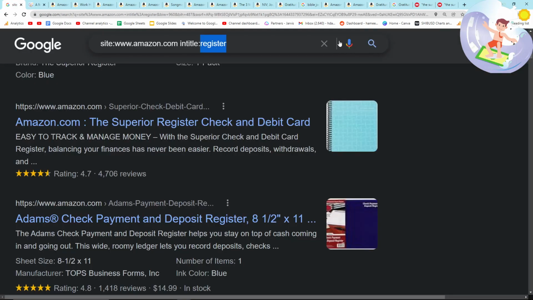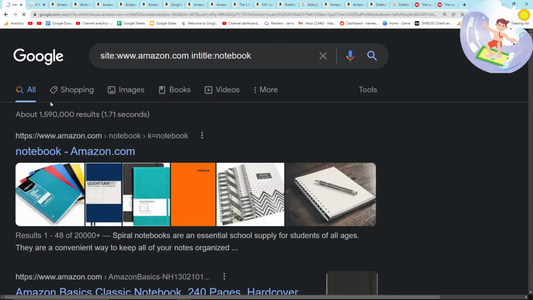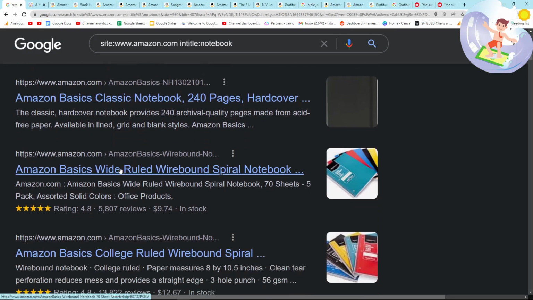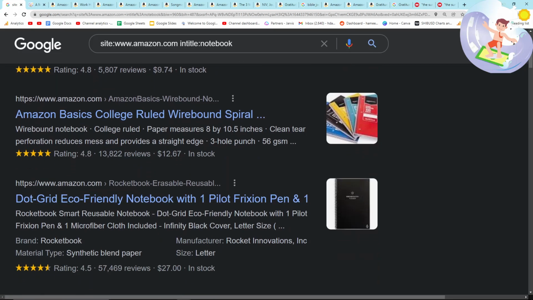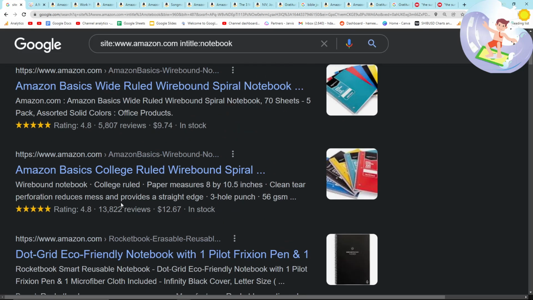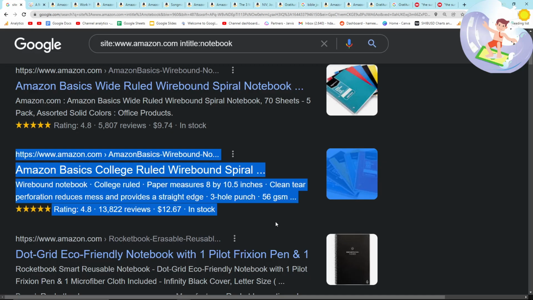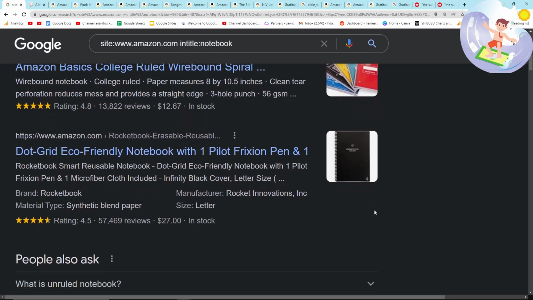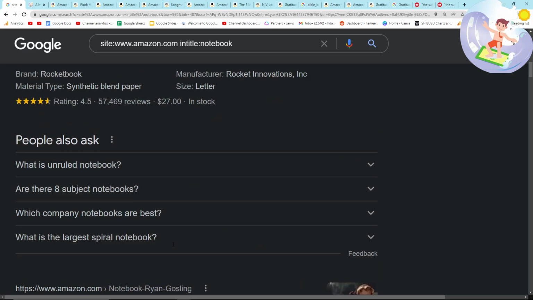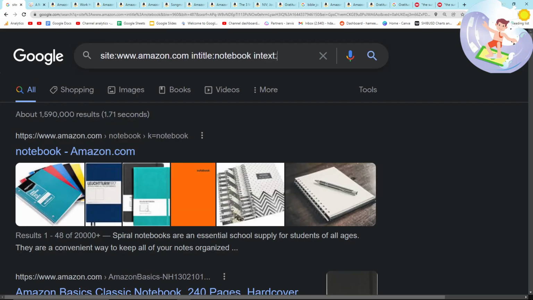But I think notebooks especially, I'm going to spam loads of notebooks at some point, because you can see there are 1.5 million indexed notebooks on Amazon. 1.5 million. That is insane. That's completely insane, honestly. And the way this works is we hope to replace something like this or something like this. I'm not saying we're going to, obviously this is Amazon Basics. They're not gonna put us above them, obviously, but there's potential to find good keywords here. The final thing I'll show you is you can also put in text, and then